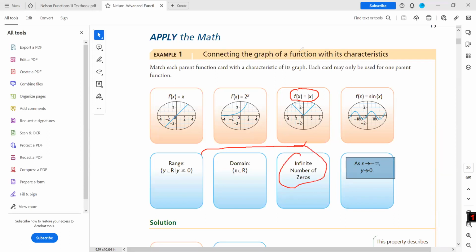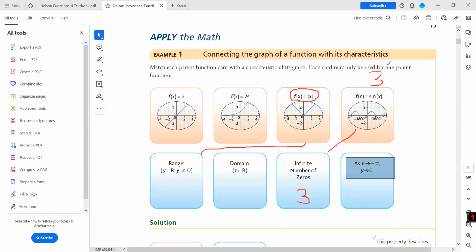Infinite number of zeros. Infinite number of zeros is the property of the periodic function. And we know that trigonometric ratios are periodic functions. And you can see that sine x, in fact, has an infinite number of zeros, right? Because it will cross the x-axis again and again, all the way up to infinity. So it has an infinite number of zeros or solutions. So I say that card number 3 goes to